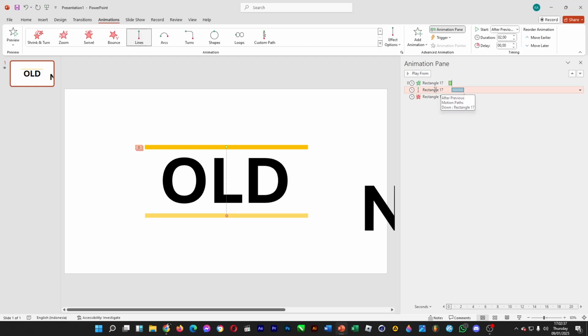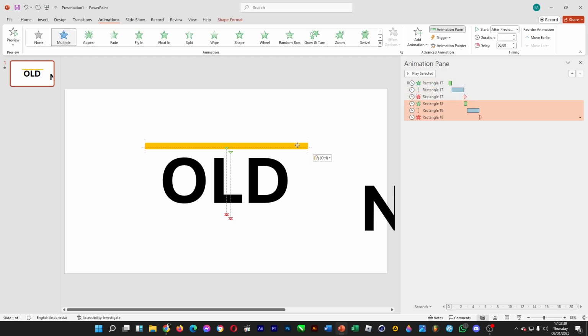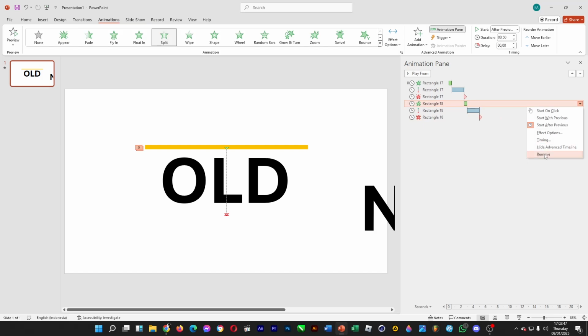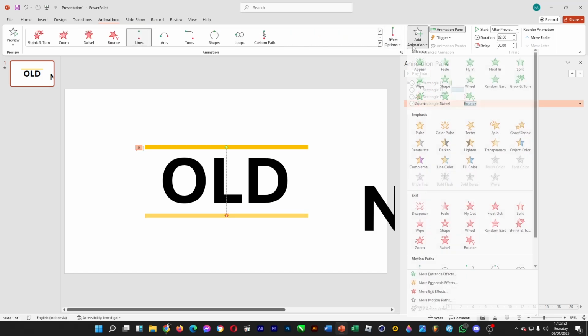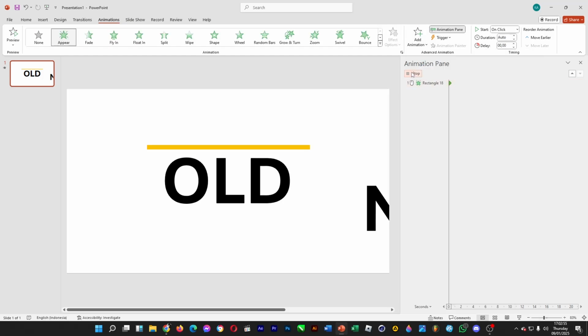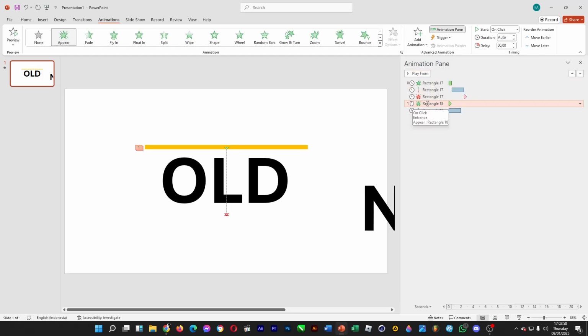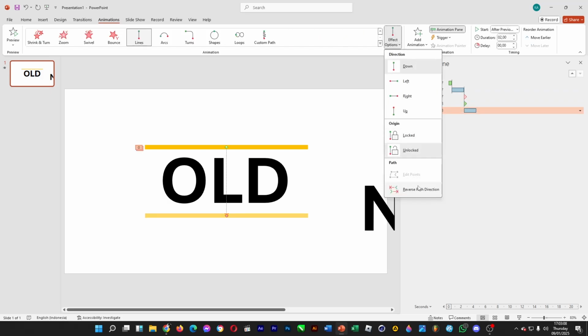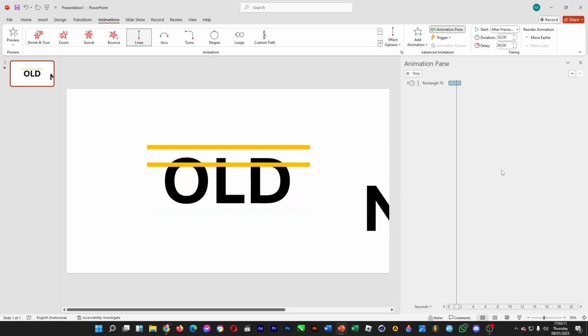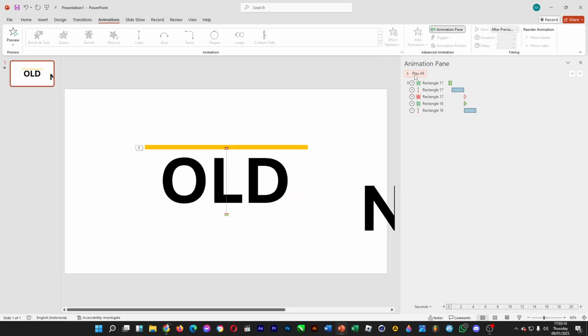And then copy the rectangle. Make sure that the position is the same, and then remove this as well. Click on add animation and make it appear. Drag it to the top, right click and click on start after previous, and then you reverse the animation. Click on effect options and then click on reverse path direction, just like this. If we play all,